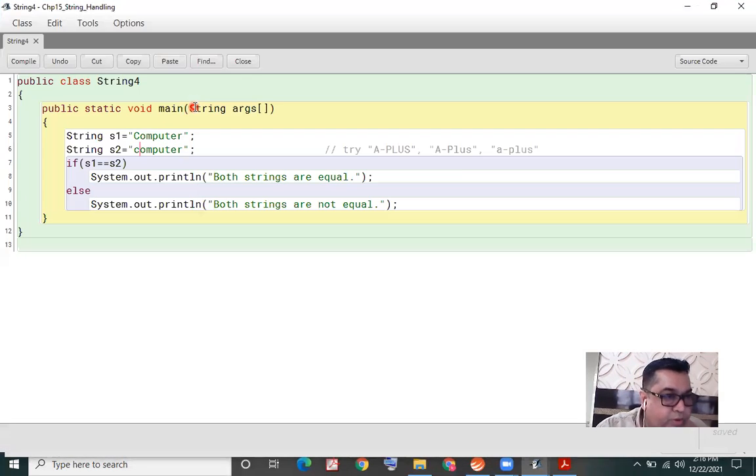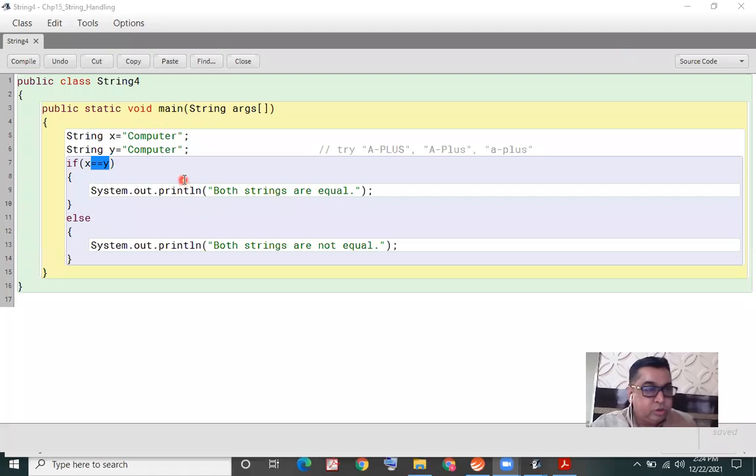This double equal to operator, it appears it is working, but one minute, I'm very clear that this operator does not work with string data in Java. Okay, I'm surprised it is working. Just give me a moment. So in this example, we are getting an impression that the equal to operator is working for strings.